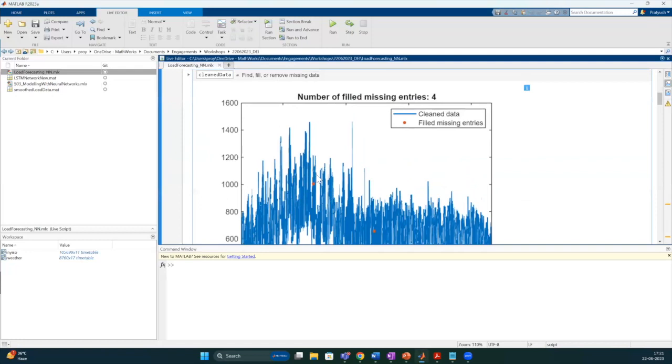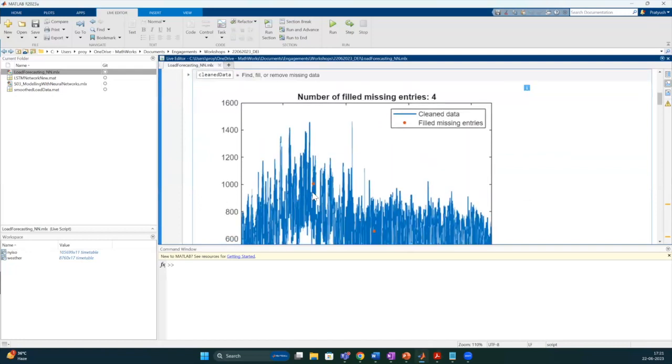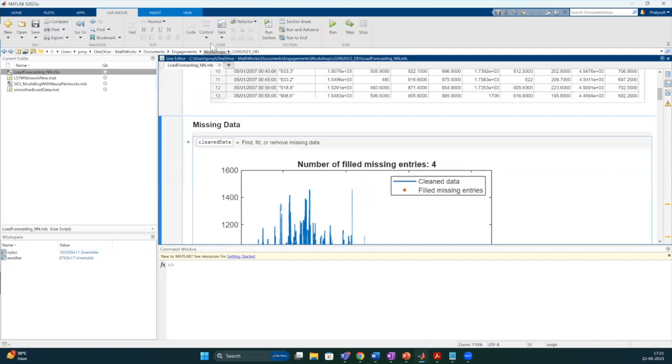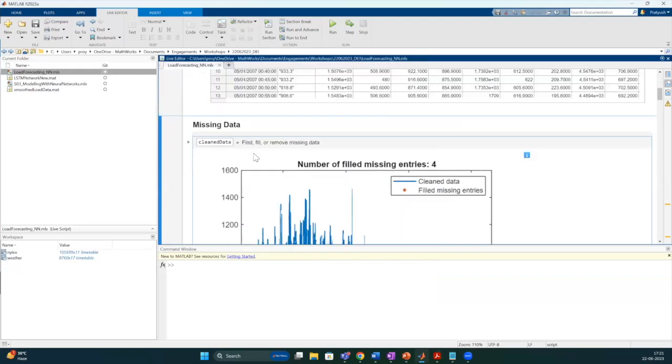So I might want to fill missing entries. This particular task I can access from this task drop down here. There is a separate section for pre-processing data, where you can clean missing data, clean outlier data, smoothen out data, and do things like that. So here I want to clean the data,